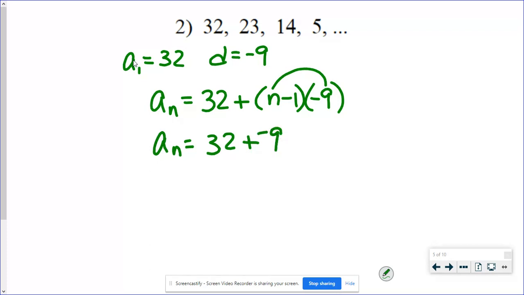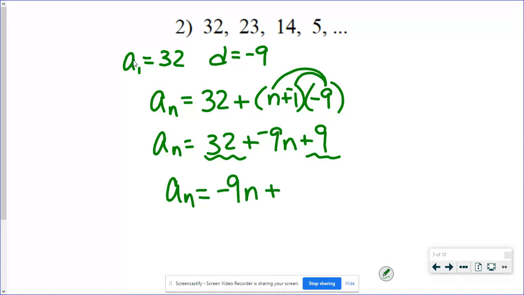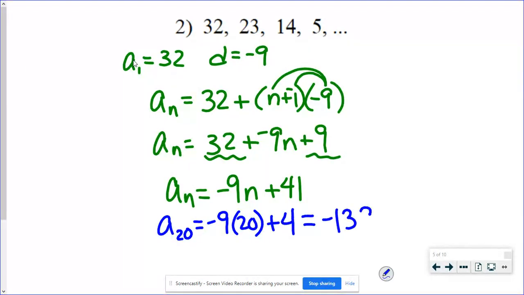Negative 9n. And be careful here, that's negative 9 times a negative 1 is going to be a positive 9. And then we'll combine those like terms. So negative 9n plus 32 plus 9 is going to be 41. Now, if I had to find the 20th and the 50th terms, that's where I would say a sub 20 is going to be negative 9 times 20, which is negative 180, plus 41